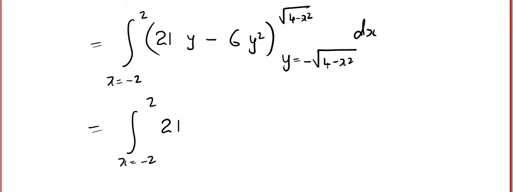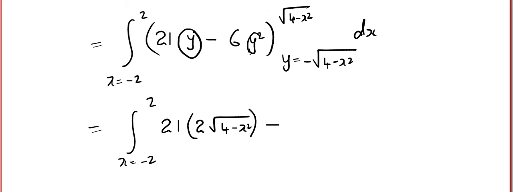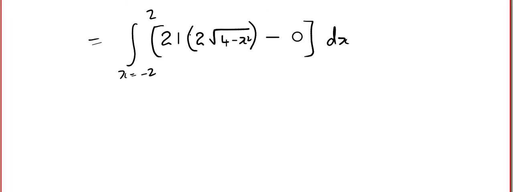Okay, when I plug in upper limit minus lower limit, I can see that it is going to get doubled. Look at this, I'm going to plug in upper limit minus lower limit. They are both same, but they are negative, so it's going to get doubled. So I'm going to write 2 times root under 4 minus x square. Minus, if I plug in upper limit and lower limit, I'll get the same thing, because when you square this negative quantity, you're going to get the same thing, right? So it will be 0. Okay, you can do that patiently. Okay, so I'm left with